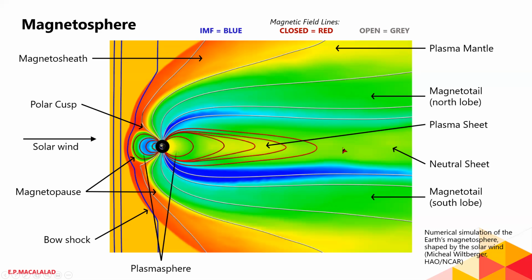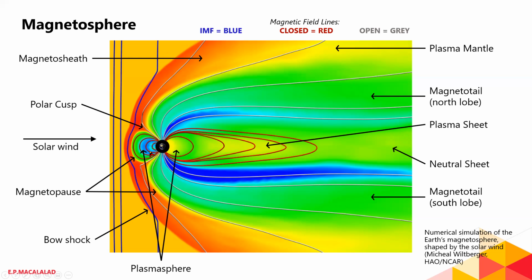Now, and lastly, we can also talk about the plasmasphere. So this is the innermost part of the Earth's magnetosphere. It is a donut-shaped region of low energy charged particles. These actually are cold plasma that is centered around the Earth's equator and rotating along with it. In fact, this is the one that overlaps with the Van Allen radiation belts.